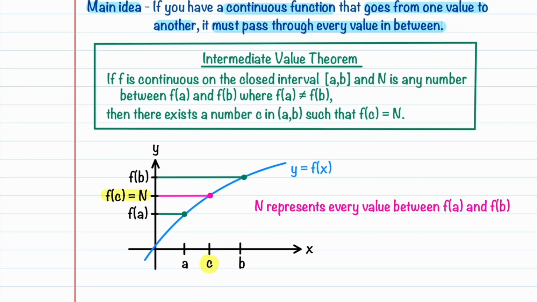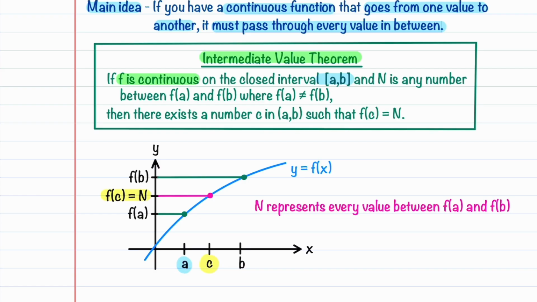I've written the intermediate value theorem here in our green box, and we're going to go through it and at the same time look at our graph so that we can better understand it. Our intermediate value theorem has a condition, and that condition is that our function is continuous. In other words, our theorem only applies to continuous functions. If our function is continuous on the closed interval from a to b,